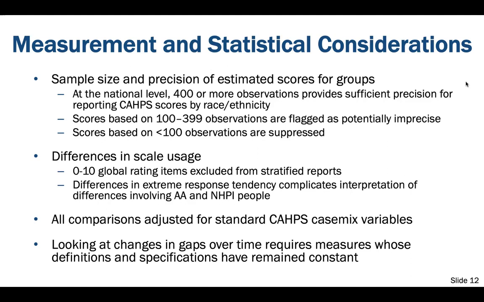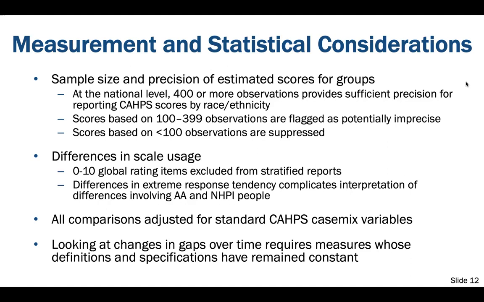And then there are other items that are more specific. For example, asking whether the side effects of a new medication were explained in a way that you were able to understand. And these more specific items often use an always, usually, sometimes, never response scale. And I'm going into all this because